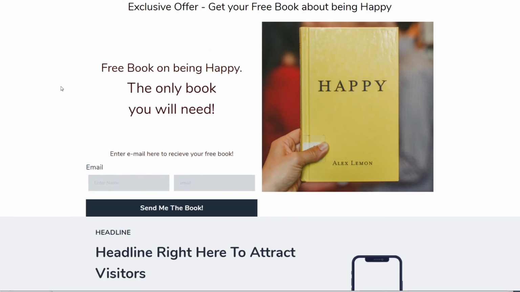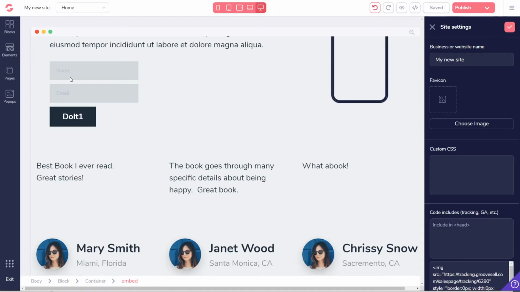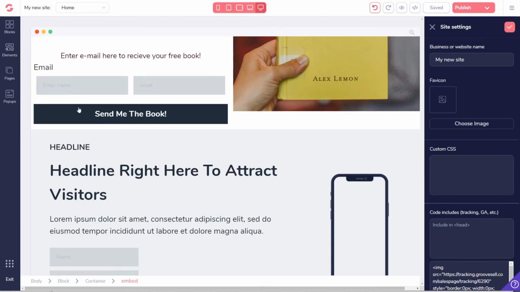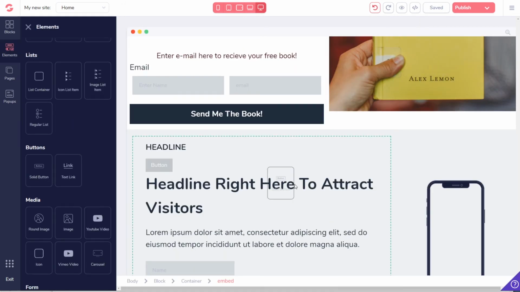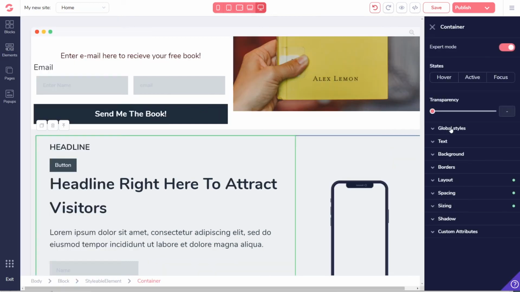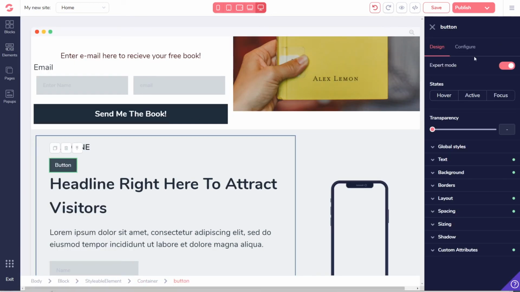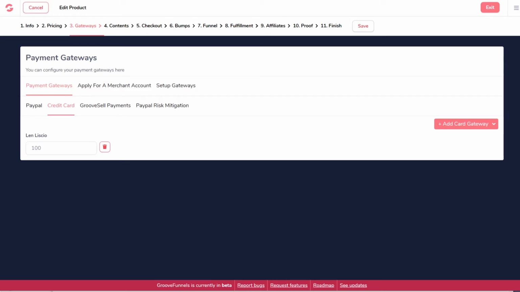And then if we wanted to just make a button to go to another page, we would add an element, solid button. Let's put the button right here. We want to configure the button. We want to say buy the book here. We're going to say go to a URL. The URL is